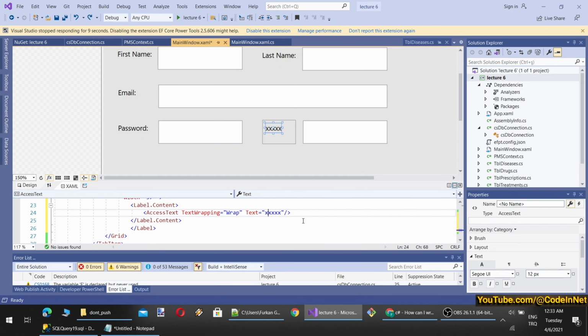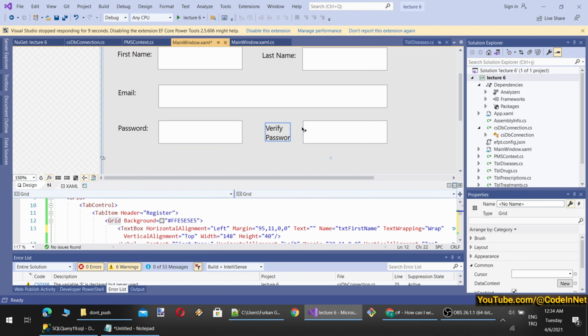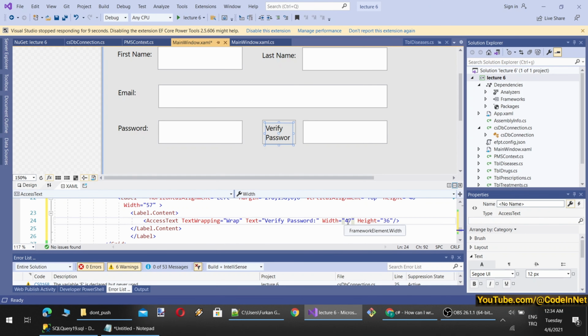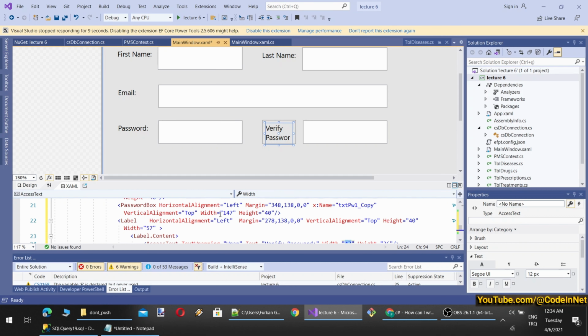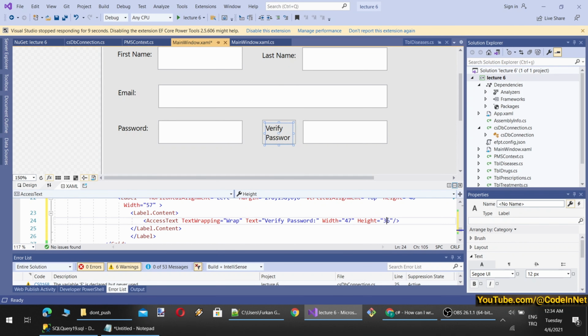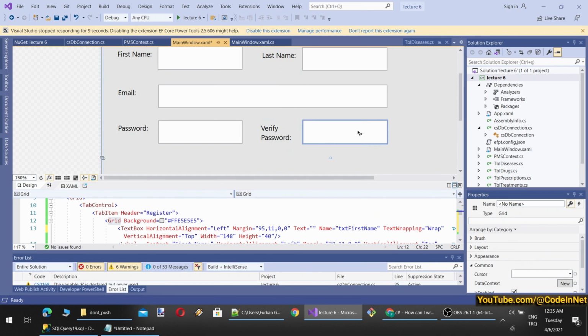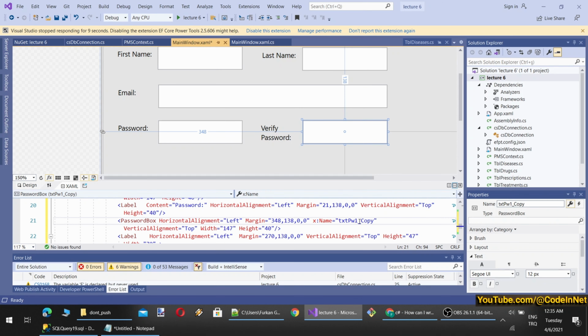Okay, verify. You see now the text is put inside another box, something like that. So that's how it is wrapped. Okay, I think we make this. So there is height and width. So let's make it same as the content. They are not matching. Okay, anyway, it is working. Not important anyway. So this will be txt pv2.